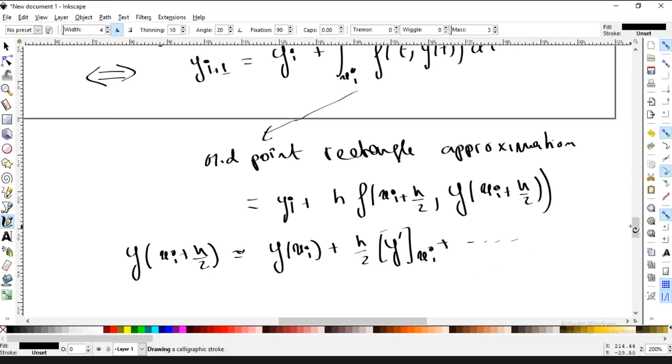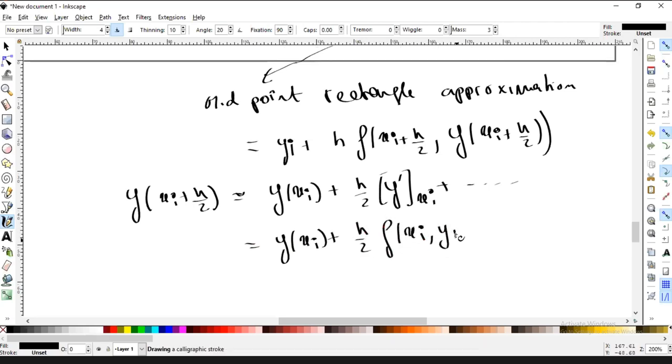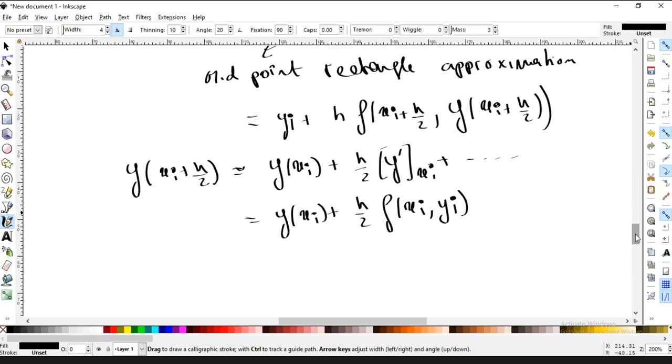But y prime at the point xi is f of xi yi, right? So you have y of xi plus h over 2 f of xi. And now when you replace this in here, you get the